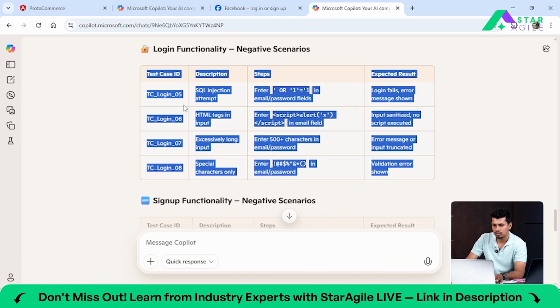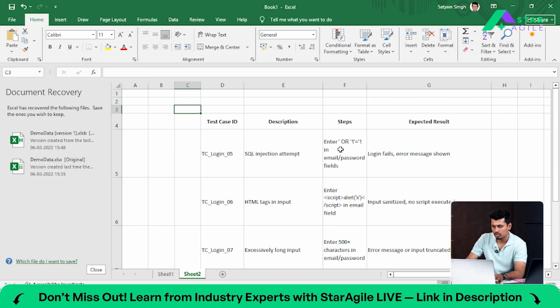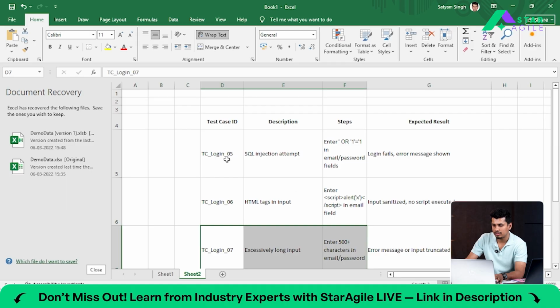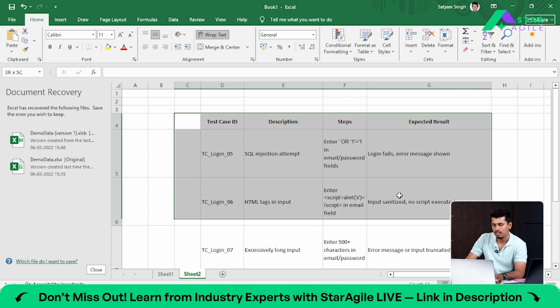What you need to do is just copy it and paste it over here, and you can verify what all functionality has been covered and what test cases have been covered, right? If something is missing, then you can go back, but it is a very rare case that anything will be missing. So this is how you can write the test cases using Copilot,